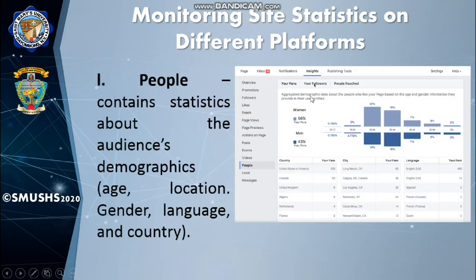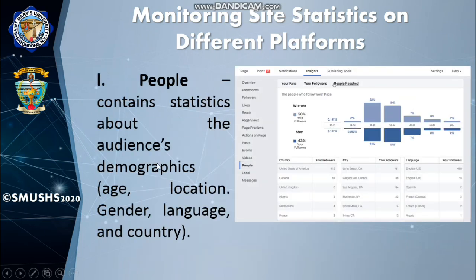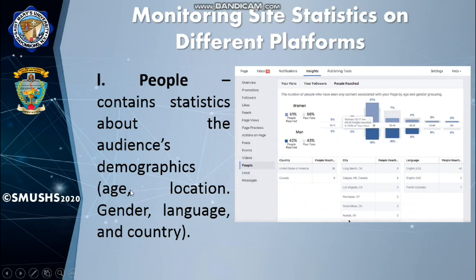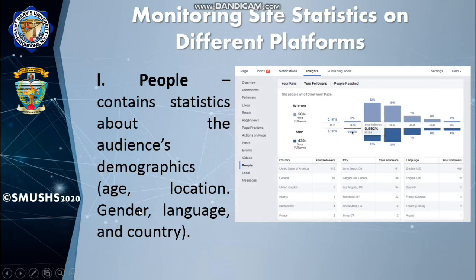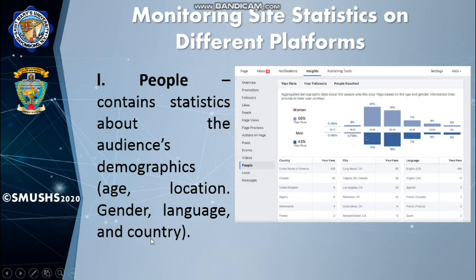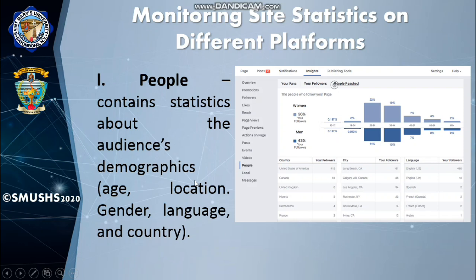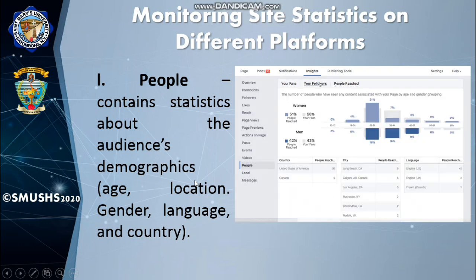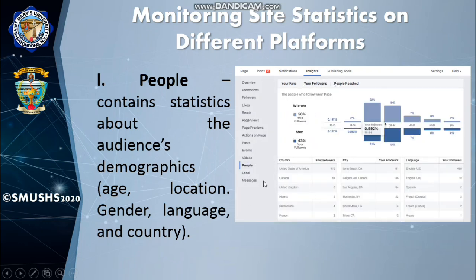The people tab contains statistics about the audience's demographics: the age, the location, the gender, the language, and the country. So by understanding the people in the statistics, you can now see the users on the page.